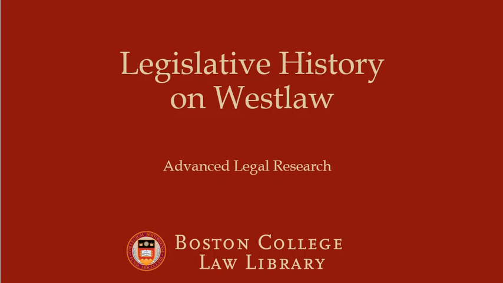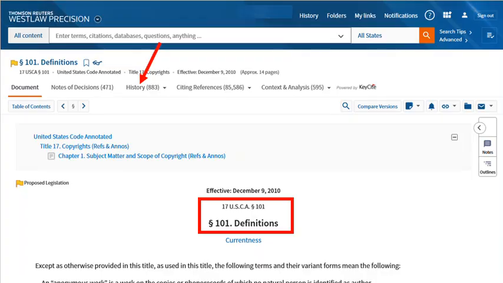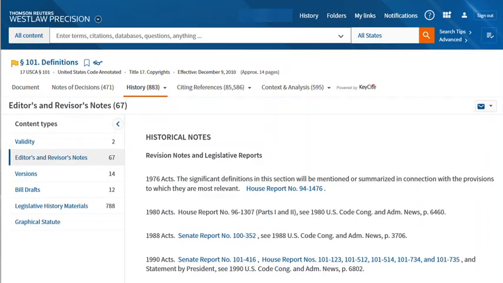Legislative History on Westlaw for the Advanced Legal Research course at Boston College Law School. One way to find federal legislative history information on Westlaw is through the History tab of an individual U.S. Code section. A useful place to start, if you're dealing with a code section that has been revised a lot,